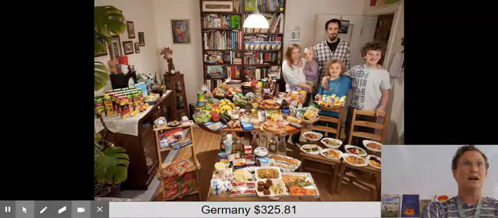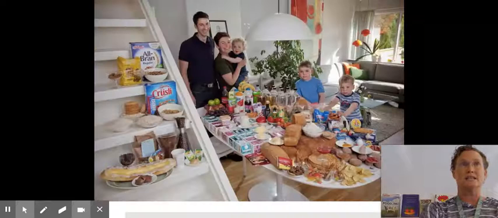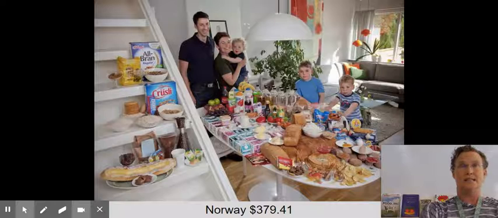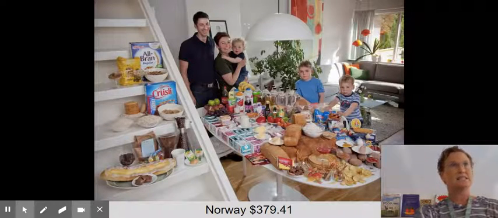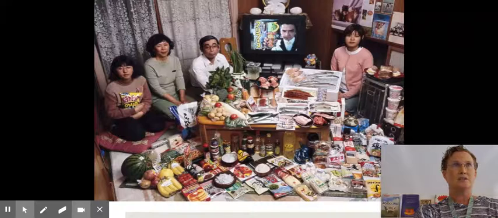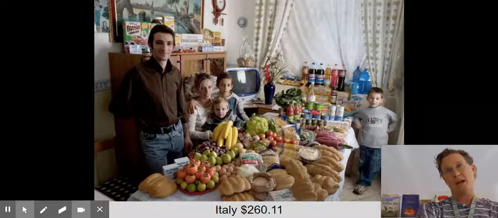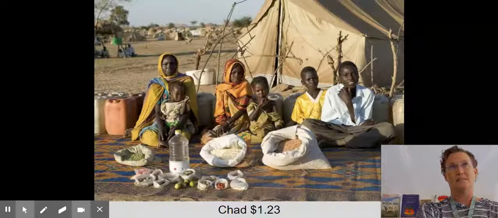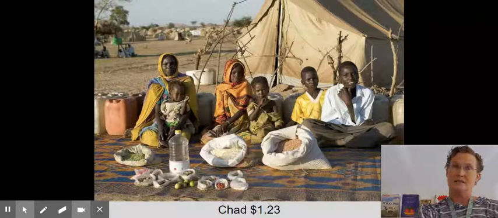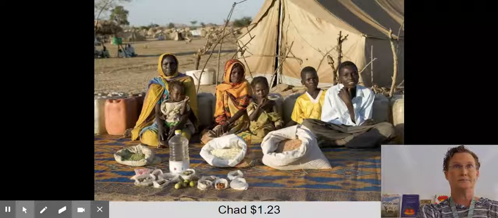You can take your time on these and look and see what a weekly food budget looks like in different countries with different families. These numbers are normalized to dollars. So you can take your time to look through these and compare and contrast the different countries and the different amounts of money that are spent. Some are quite striking. We'll have a chance to talk about this more in class.